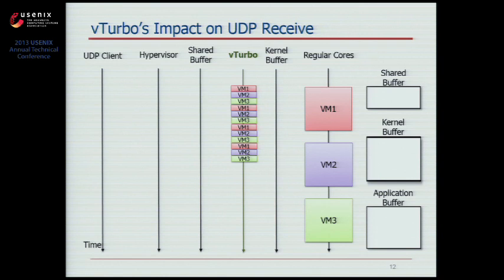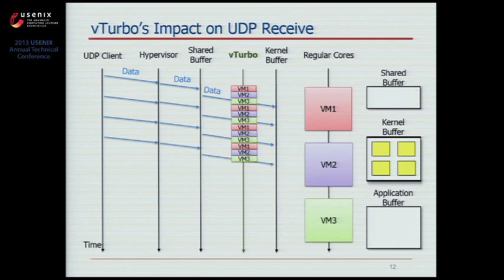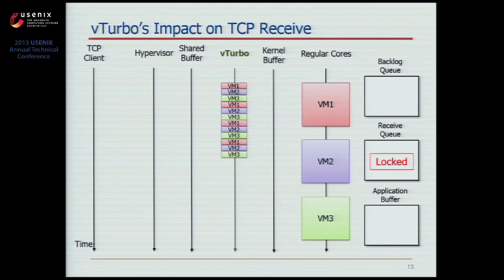So this time, with the increased kernel buffer and the vTurbo, we don't need to worry about the limited size of the shared buffer between the hypervisor and the guest OS, because it will be drained frequently by vTurbo. All packets will be moved to the kernel buffer. When the regular vCPU holding the application gets scheduled, all data will be copied from the kernel buffer to its user level buffer. We can improve the UDP throughput simply by offloading the IRQ context and increasing the kernel buffer, but that's not enough